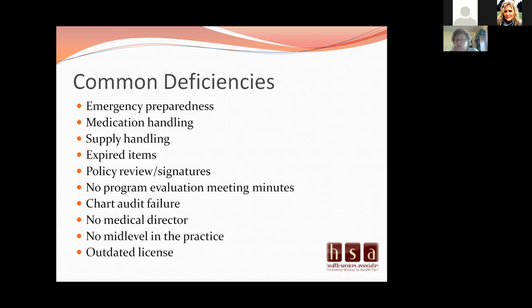Another deficiency we're seeing, a big one, is medication handling. The biggest one we're seeing is with multiple-use vials, not having an expiration and not being discarded within 28 days per pharmaceutical guidelines. Or the big one is the single use, possibly having it opened and then putting it back on the shelf and it being assumed that it is being used as a multi-dose.